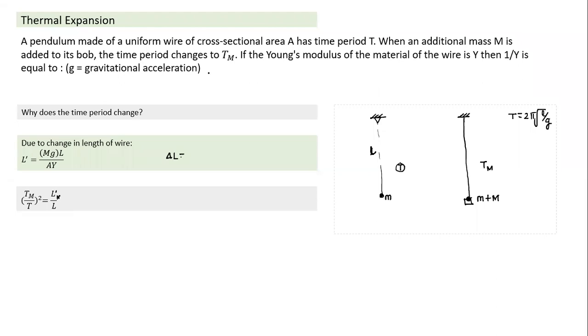Sorry, again, just a small point here. This is something we are talking about, a change in time period. The change in time period is Tm. So if the relationship is T is equal to 2 pi root L by g, how do we write it for a small change? We write a small change: delta T by T is equal to 1 by 2 delta L by L. Okay.